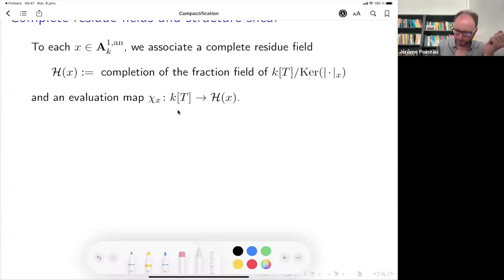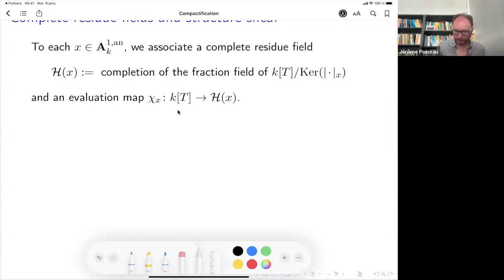So here you have a domain, so you can take the fraction field, and on the fraction field, the semi-norm induces an absolute value because you killed the kernel, so you can pass to the completion. And passing to the completion is what we call the complete residue field, so the residue field, if you want, in the sense of Berkovich theory. So you start with a complete valued field K, and you want to get back a complete valued field as a residue field. So this is this curly H of x, and you have some evaluation map. So to each point, you associate some residue field that, of course, depends on the point.